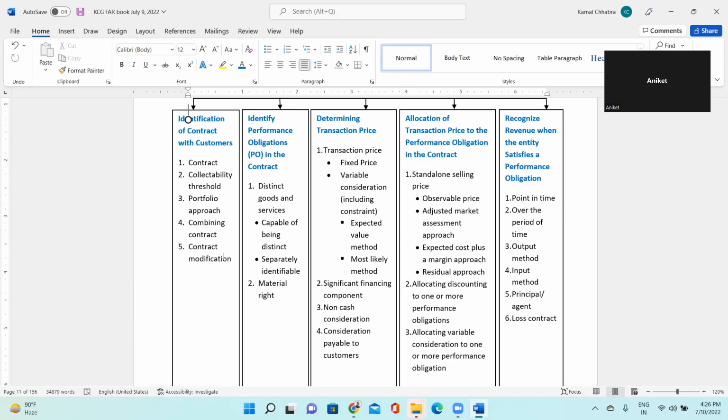They have given you car along with insurance and extended warranty. For delivery of the car, they will recognize the revenue upfront. Yes, definitely. One go as and when they have handed over the car to you. But for extended warranty, or for the warranty, they need to recognize the revenue over the period of warranty. For the insurance also, they need to recognize the revenue over the period of insurance.